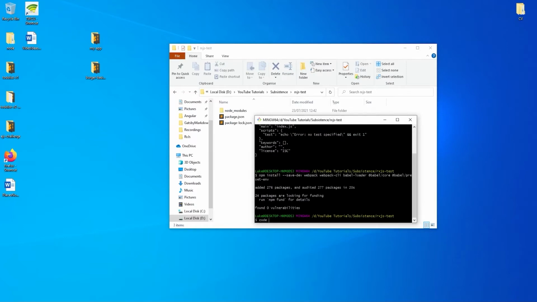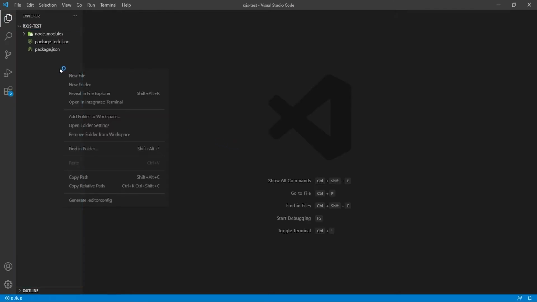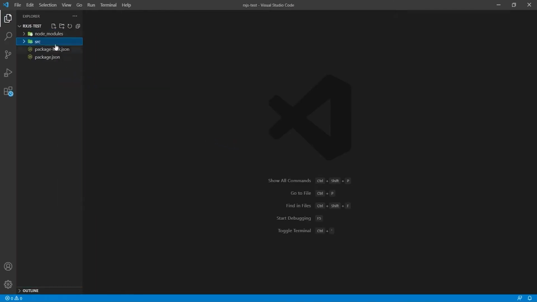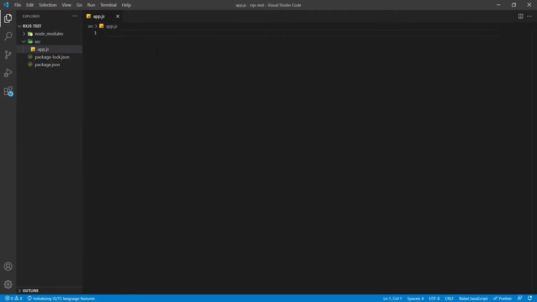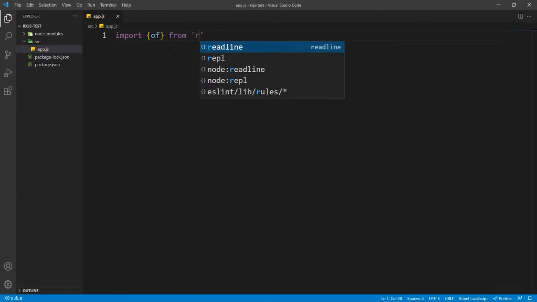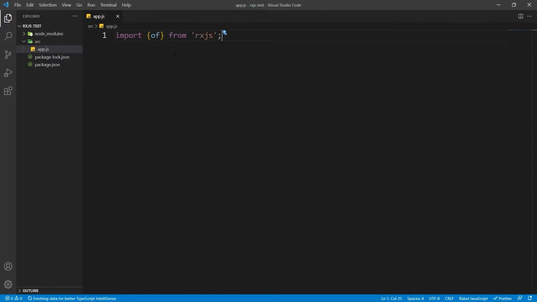Once installed, we will launch up our terminal inside this project folder, and we'll create a source directory because the JavaScript file that we will create inside the source directory, this one here, will be compiled with webpack, and the outputted file will be able to host on a HTML file to host all of our RxJS logic. And inside we'll write out some content, and this is the reason why we need to compile this file with Babel, because these import statements don't actually work